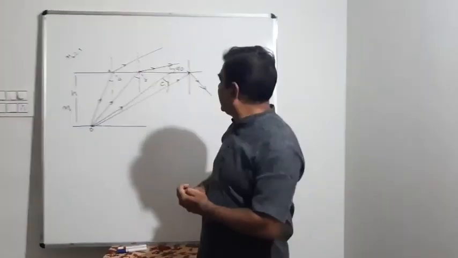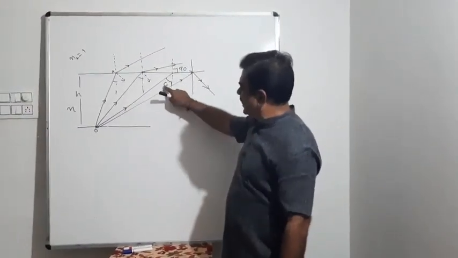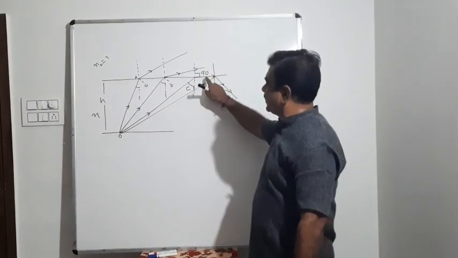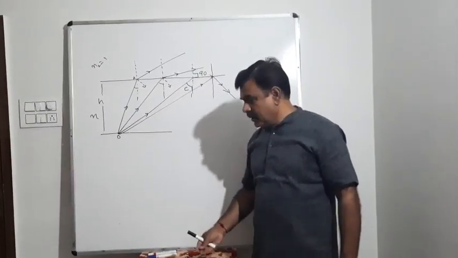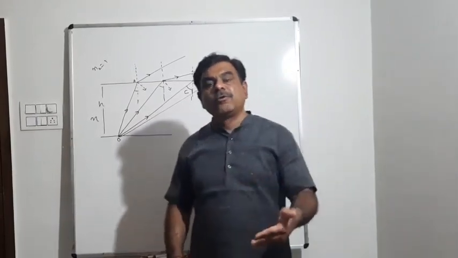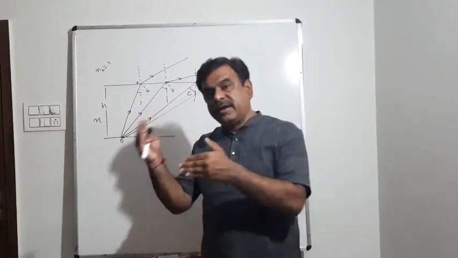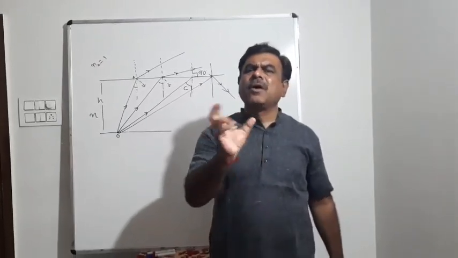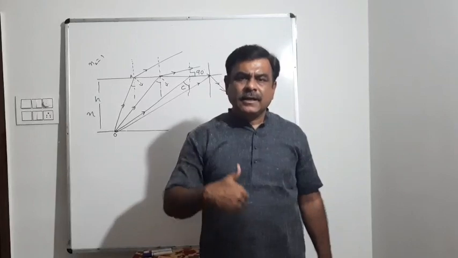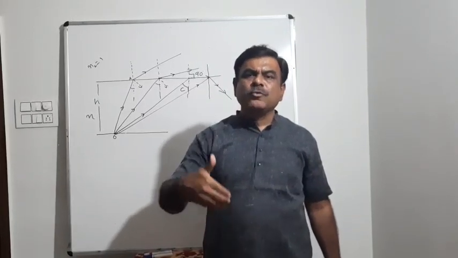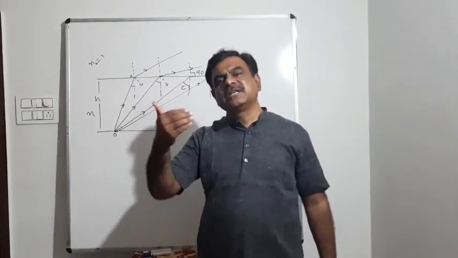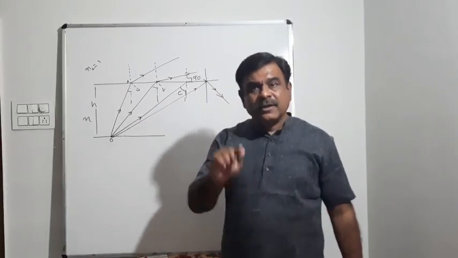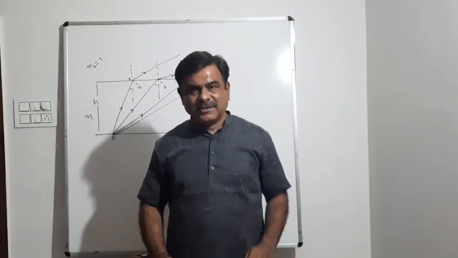So naturally, from the figure it is clear that the condition for total internal reflection is that the angle of incidence should be equal to or greater than the critical angle. Now, in a question, how do you decide whether you have to treat this problem by total internal reflection or not? There will be some boundary words like the maximum height of medium up to which the object is just visible, just not visible, just appears, just disappears. Then that will be the total internal reflection problem.